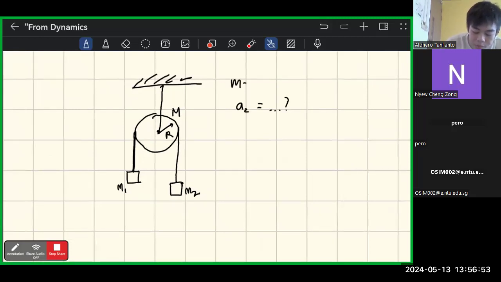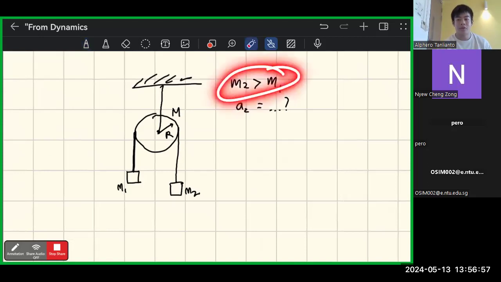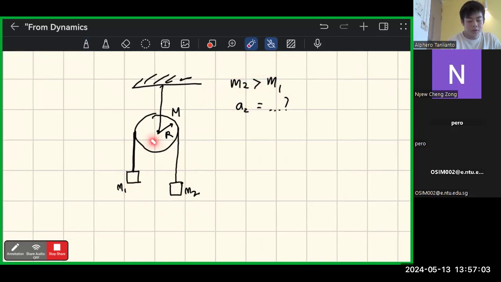With the assumption that m2 is bigger than m1, we can say that m2 is going downwards and m1 is going upwards, and the pulley is rotating this way. Okay. So with this kind of problem,